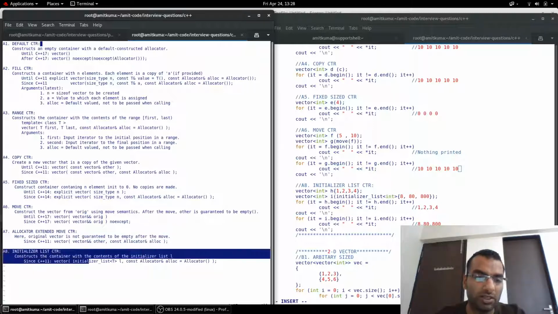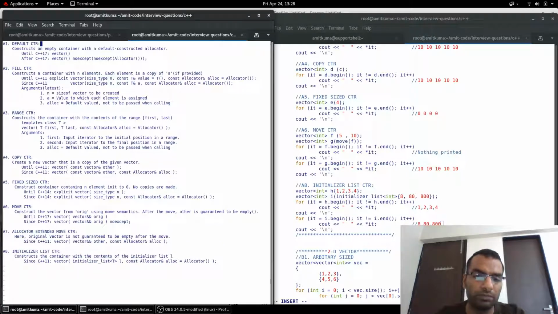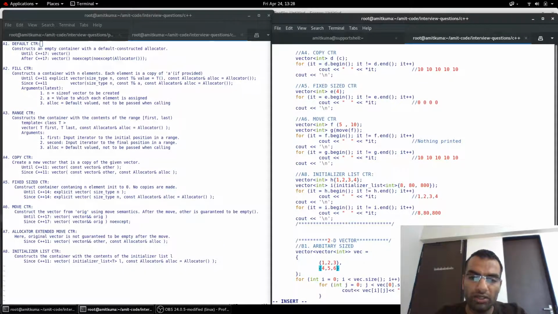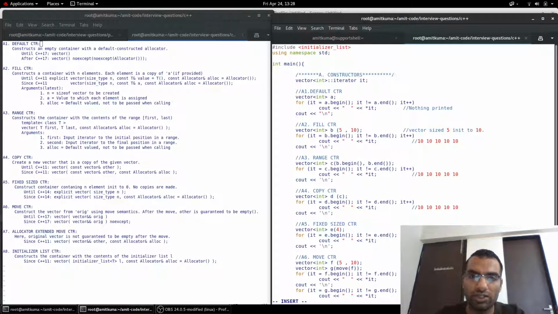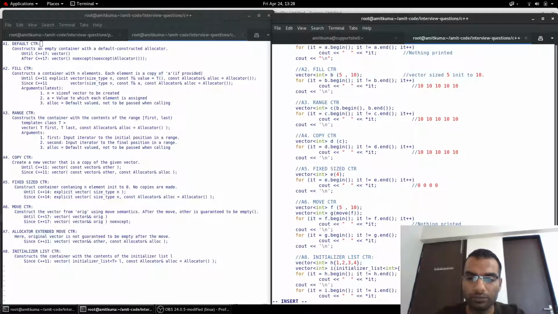Then we have the initializer list constructor. Initializer list was introduced in C++11. So here we can create a vector using this syntax, or we can create a vector using the initializer list. We have to include a header for initializer list if we want to use it.